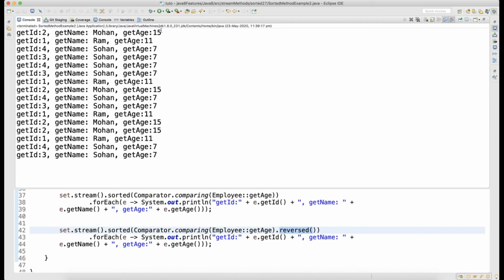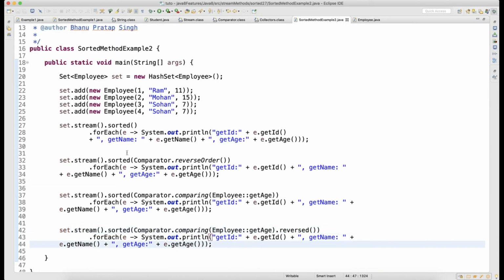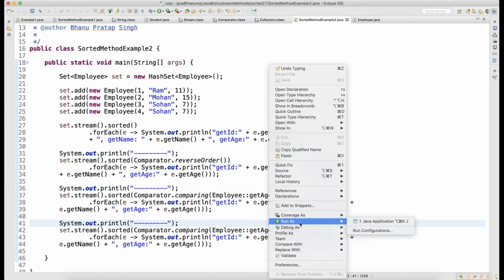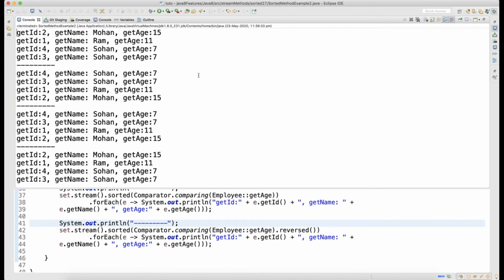So look at here. Okay, it's hard to understand. So let me put some separator. Now we can understand easily what output is coming. This is the first one where we have done default sorting based on the name.